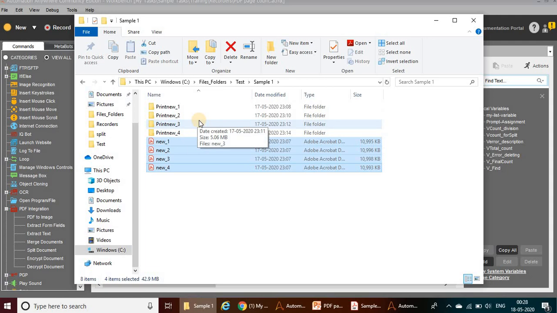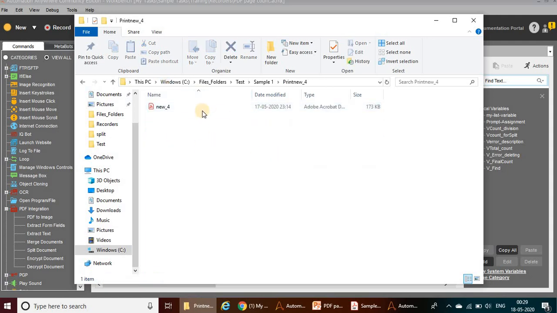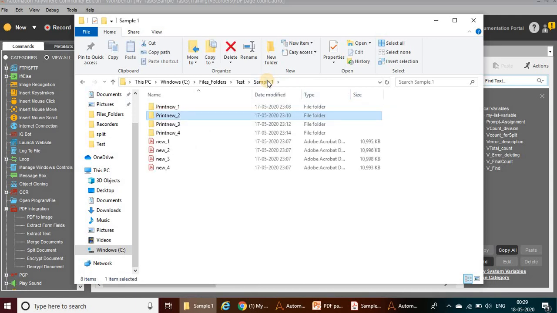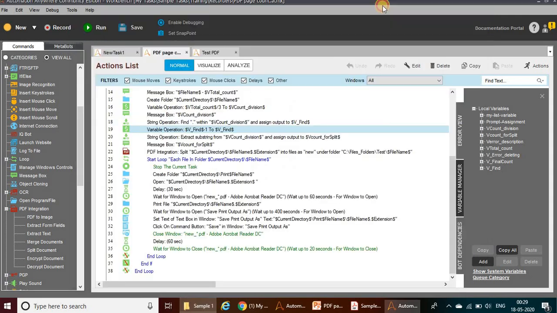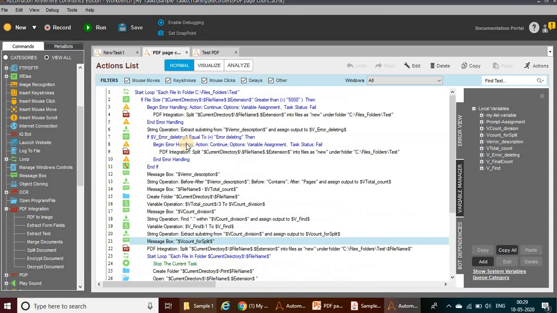While I am printing the document, the size is getting reduced. Here you can see. Previously it was 11,000, and after that it's reduced to 173 KB. It's a huge difference, and for some of the files 5,000 KB. Even though it's 50%, we can agree with that. So let me explain what I have done here.